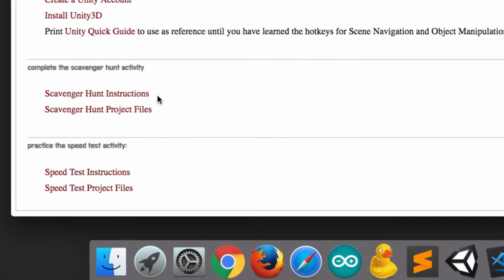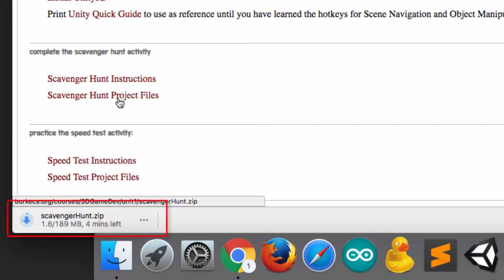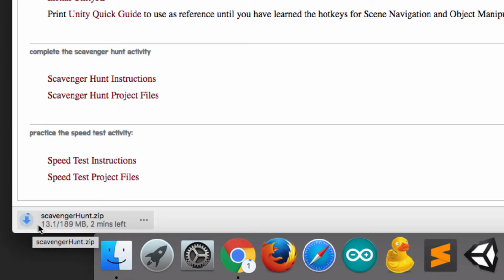After you understand the instructions, you should download the Scavenger Hunt project files. You can see it's downloading here. I'll have to speed up the video because this will take quite a while. It's a fairly large project, as are most Unity projects. The other thing you could do to download it and save it in the appropriate place at the right time